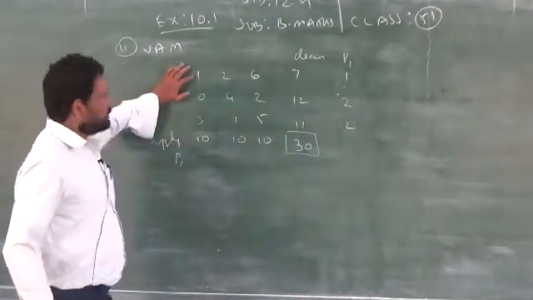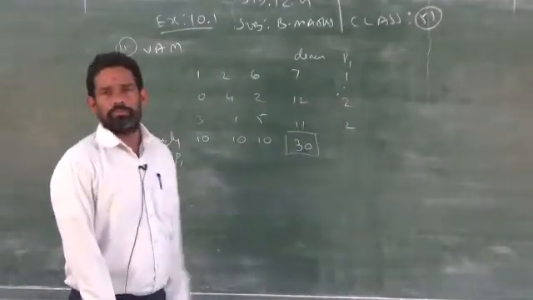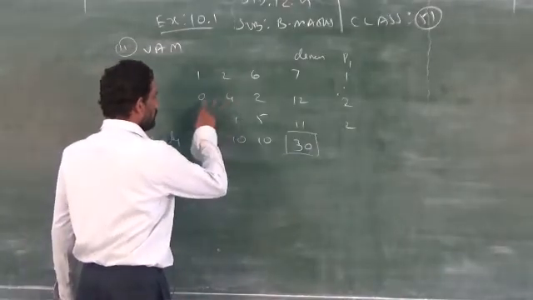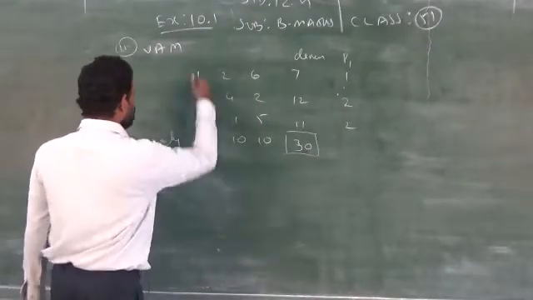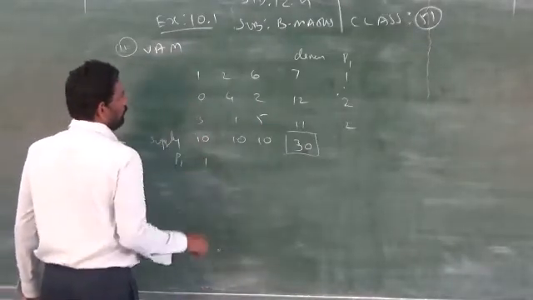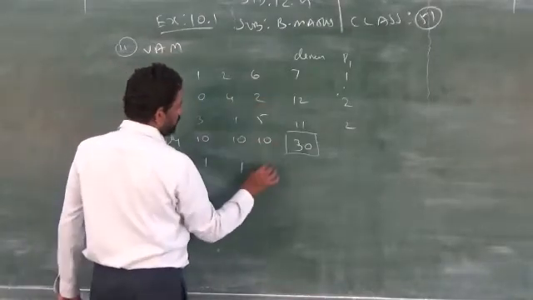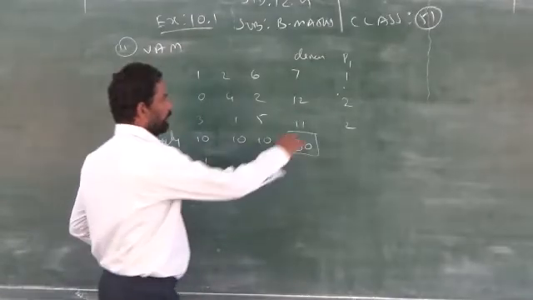So, what is the least cost? 1. What is the next successive cost after the least 1? 2 is there, so you take the 2. 2 minus 1 is 1. So, least cost 0. What is the next least cost after 0? 2. So, you take these 2. Clear? Likewise, 3 minus 1. Now you go column wise: 1 minus 0 is 1, 2 minus 1 is 1, 5 minus 2 is 3, penalty 3. So, this is the way of finding the penalty.